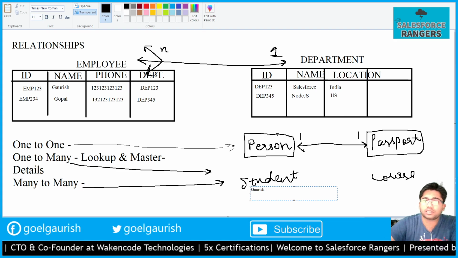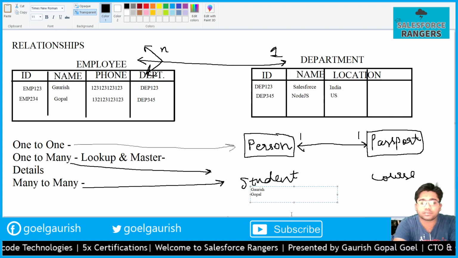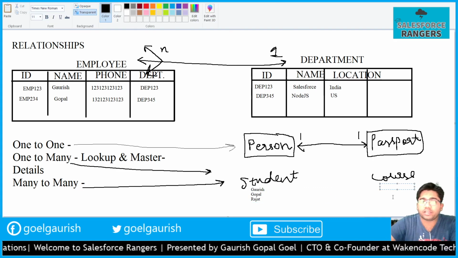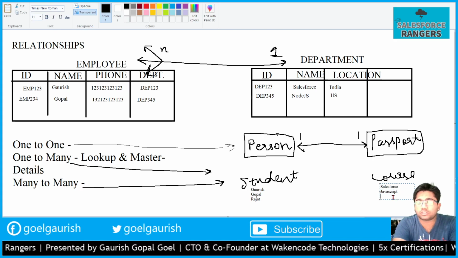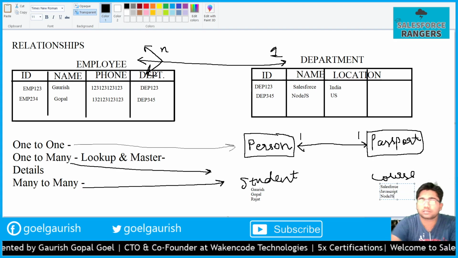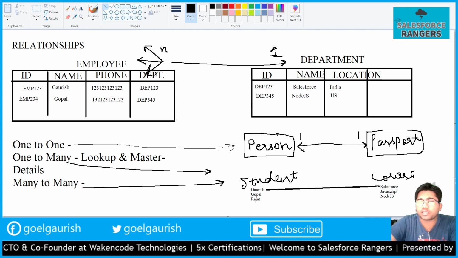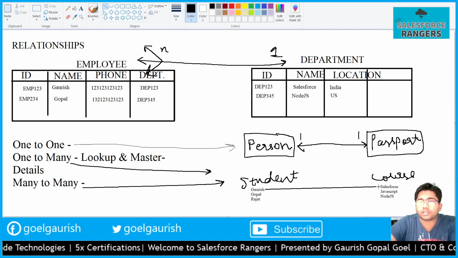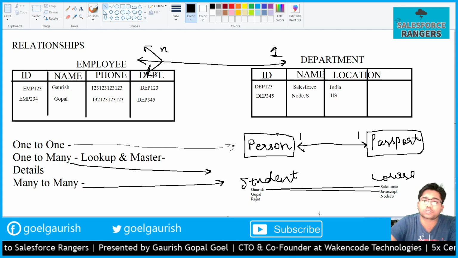For example, Gaurish is a student, Gopal is a student, and Rajat is a student. There are three students, and we have courses Salesforce, JavaScript, and Node.js. Now, Gaurish has enrolled into Salesforce, and Gaurish has also enrolled into JavaScript, because JavaScript is quite important while we are learning Salesforce development.